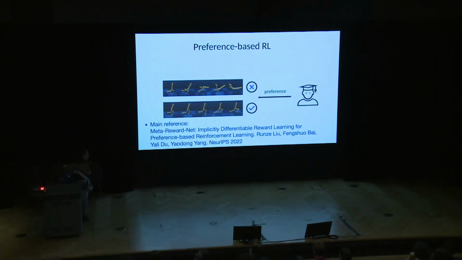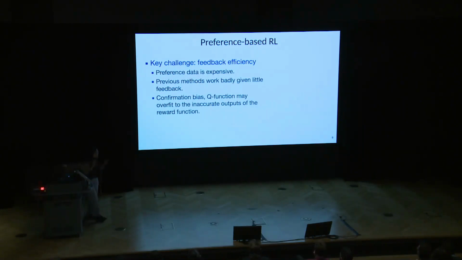Next, I'm going to talk about some work that we have done to improve the efficiency of the feedback. The first message is that human feedback is useful. It can be used to replace reward signals. And the second message is, how could we improve the feedback efficiency? With human feedback, we also want to use as little human feedback as possible, because it's costly to ask humans to sit here and tick, okay, I prefer this one compared to that one.